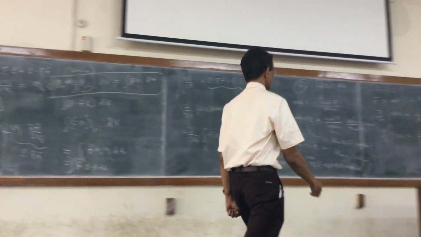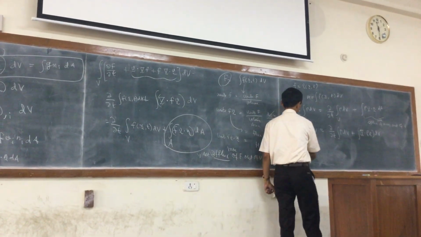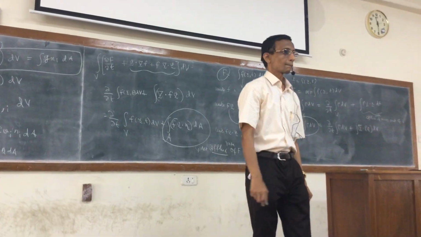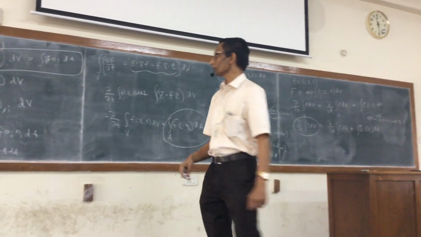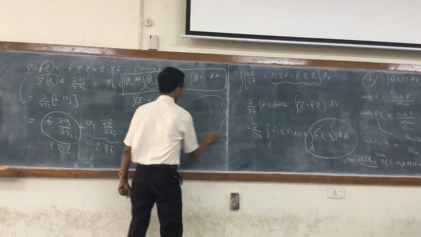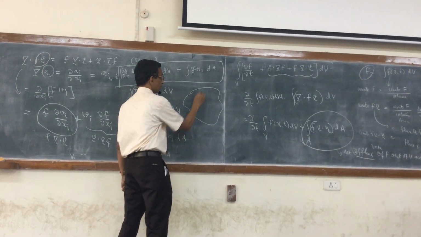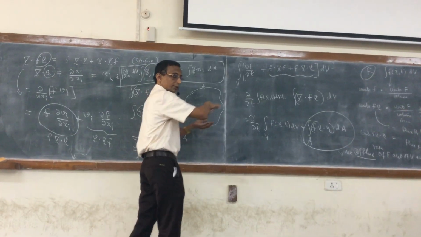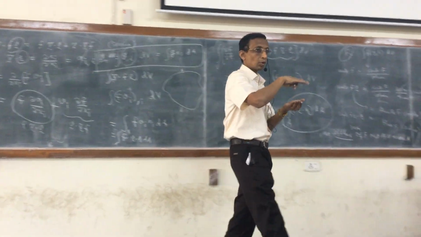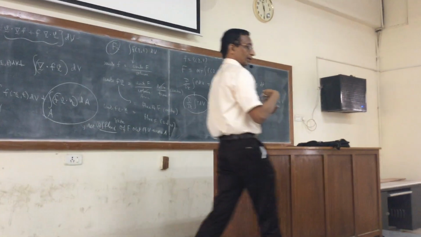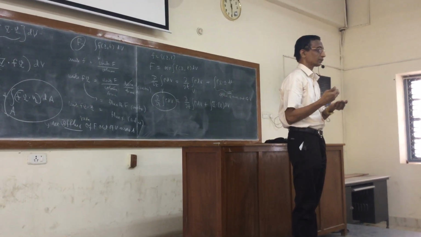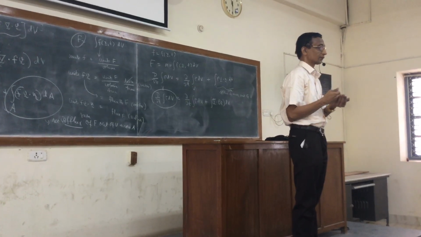So now, what is the quantity d by dt of the integral of rho dV? We are now focusing on a particular region at time t occupying a volume V. So I have to follow this body in motion. I have to calculate the time rate of change of mass of the body. So what is that? It is